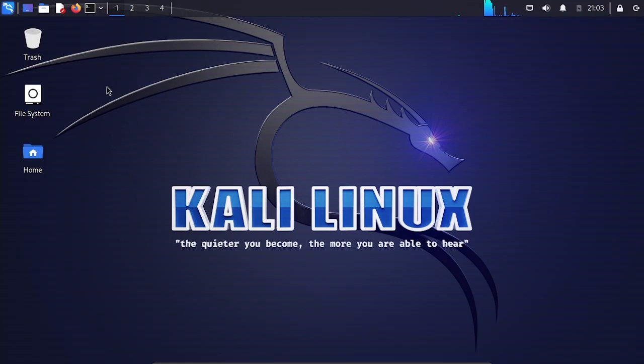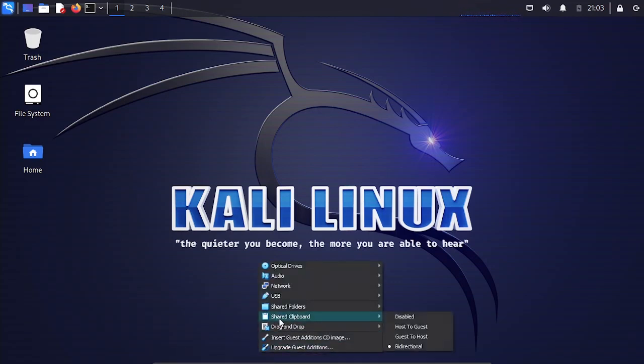So before we do anything on the terminal, we have to import a file. We will learn how to import a file from our host machine to a virtual machine. As this machine has no Bluetooth, it will be difficult for us to import our files directly, and for that reason we will be using the shared folder